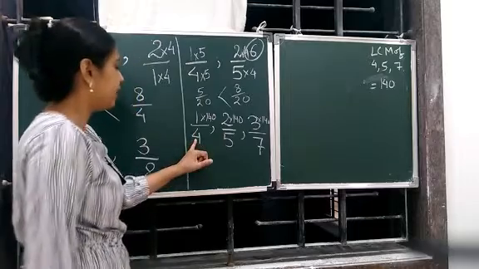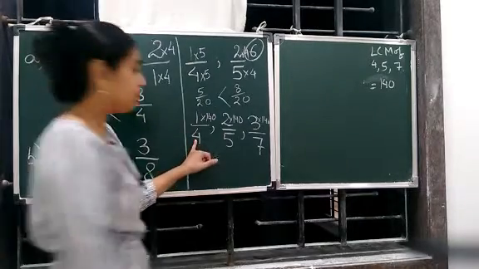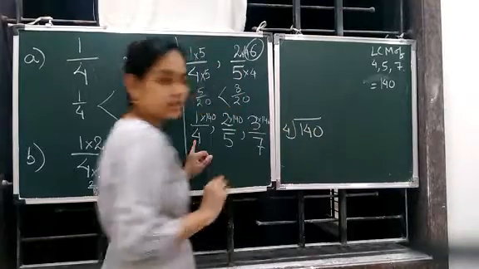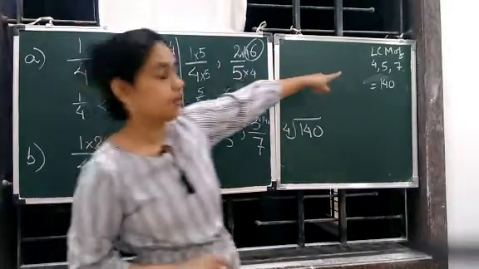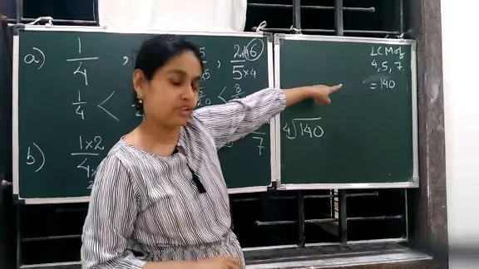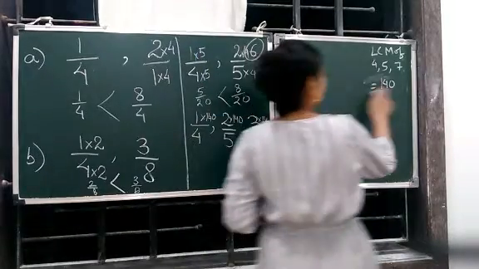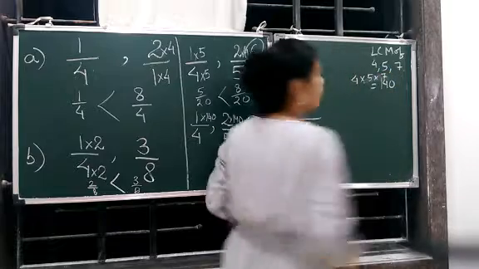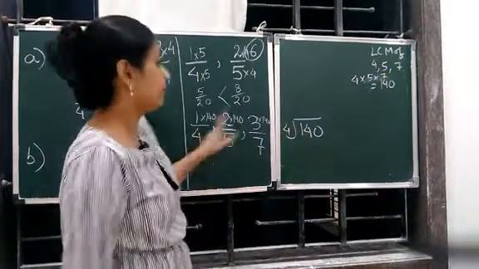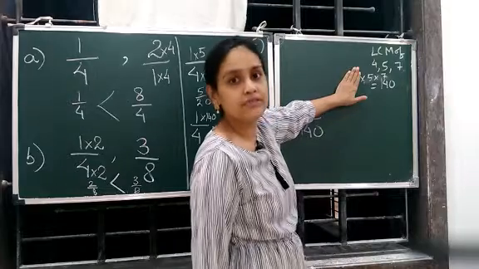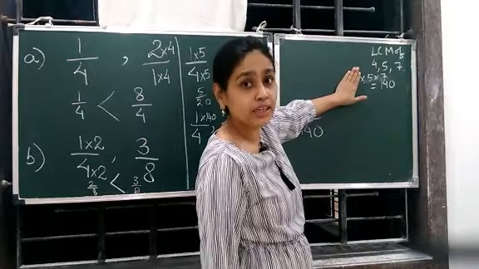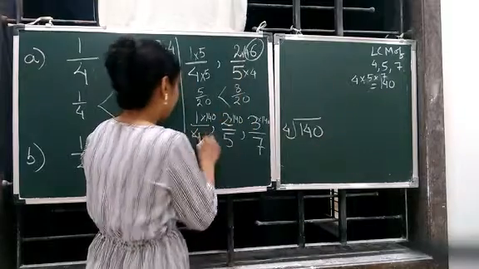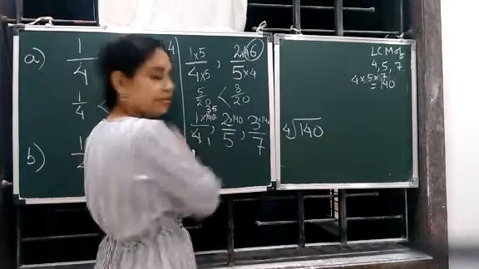Correct? Now we divide 140 by 4. For dividing 140 by 4, you don't have to do this. Just go to the LCM. How do you get this 140? How will you get this 140? Like this. Okay. So if you remove 4 from there, what is left? 5 7s. 5 7s is how much? 35. So 35 into 4 will give you 140. Yes. So right here 35.